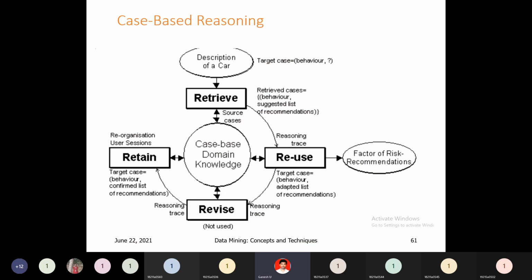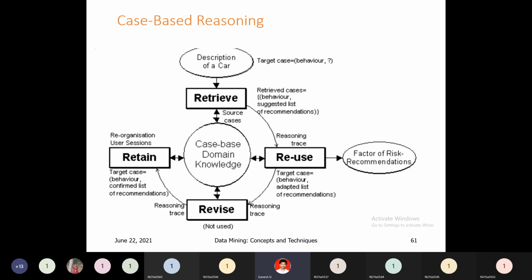Next, case based reasoning. The second one is case based reasoning. This is also a classification method. In this method there are a number of case studies, a number of models, so already you have an idea. Based on that, you consider some information, you use that knowledge, and you divide the data into classes based on that previous information. That is case based reasoning.